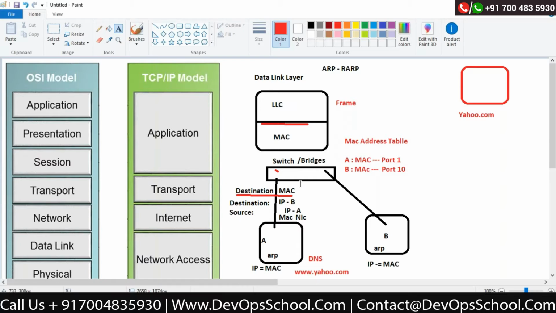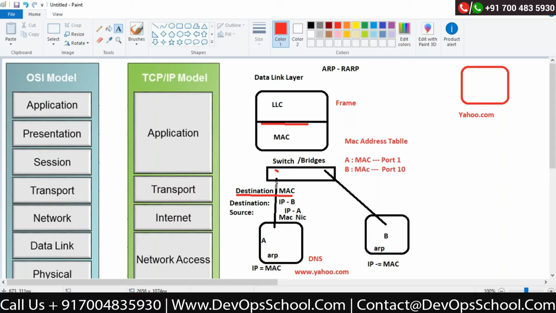Do you know the destination MAC address? No. Do I know the destination IP address of yahoo.com? Yes, I got the information from my DNS server. What is the source IP address? Yes, I got that. Do I have the destination MAC address? No. The source MAC address, I have.